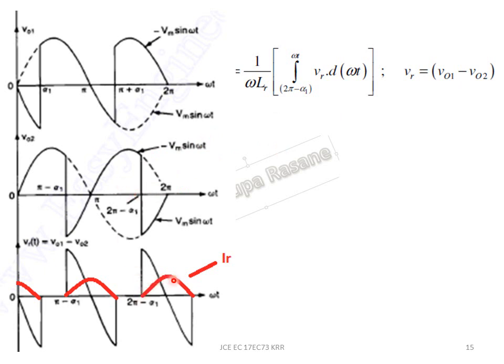So this is the circulating current that will happen because there is a difference between the instantaneous voltages V01 and V02. See here we have this kind of a waveform, whereas there is no voltage here, and there is a voltage from here to here. So there are going to be certain voltages as shown like this, and that will result in this kind of a current, and that we call IR.